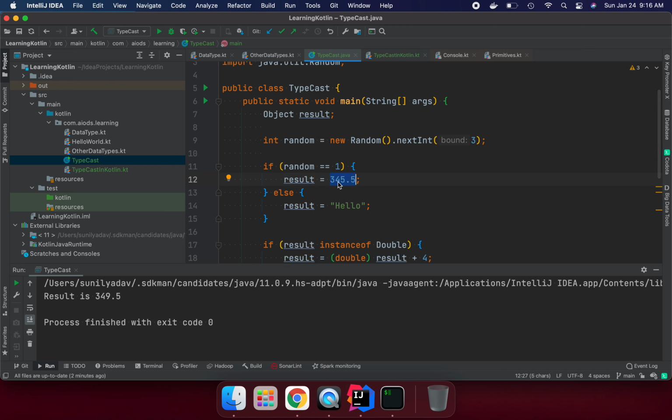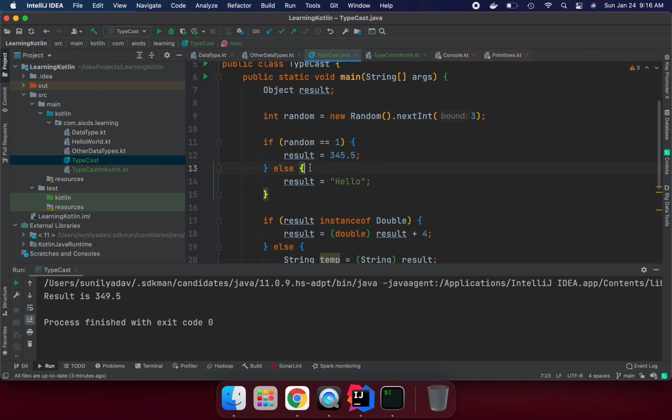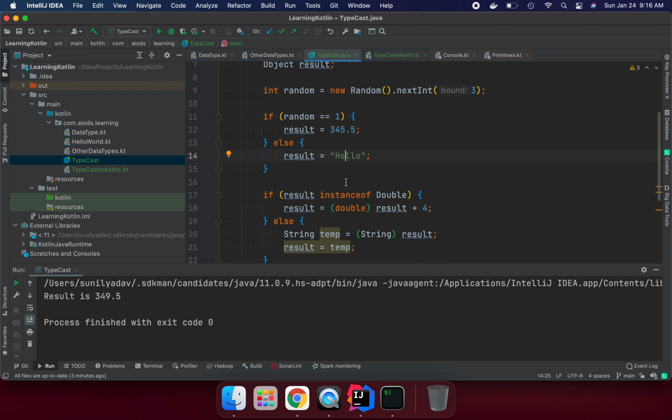This is a double value I'm putting into it. So in the Object class we can put any data type. It is going to be stored depending upon your data type. If the random number is not matched, store it as a string. So here I'm storing a double if random number 1 is matched. If not matched, then I'm saying hello.